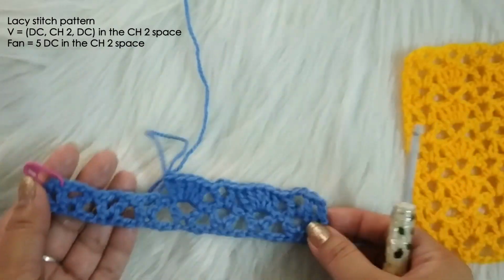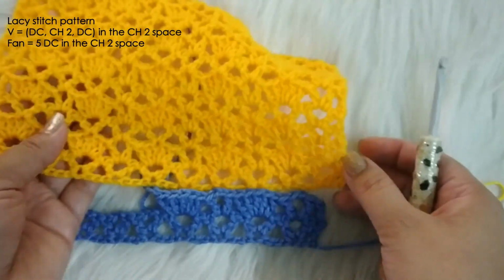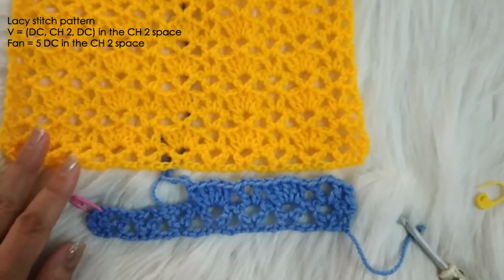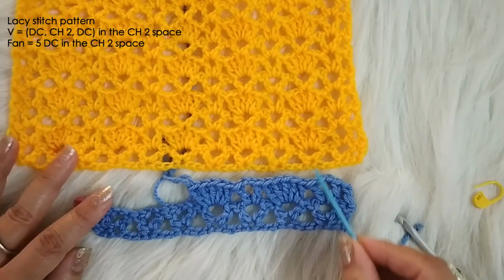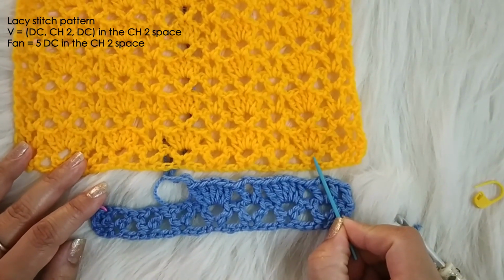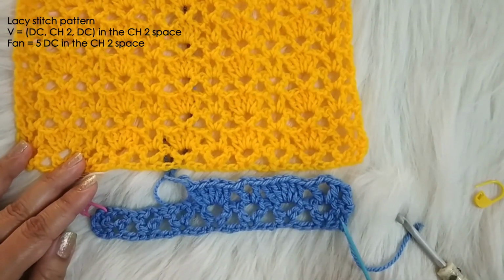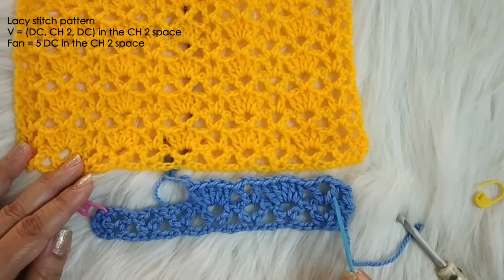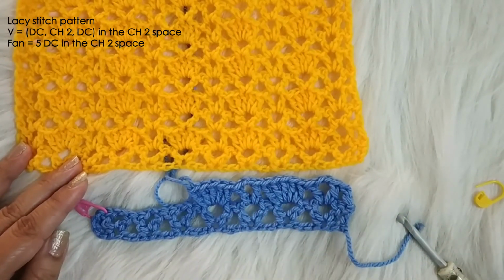Okay, let's quickly look at this also. So this is the first row, all V's. We also did the same thing, all V's. In the second row we did a V and a fan, V and a fan. That's what we are doing, V and a fan, V and a fan. Okay,